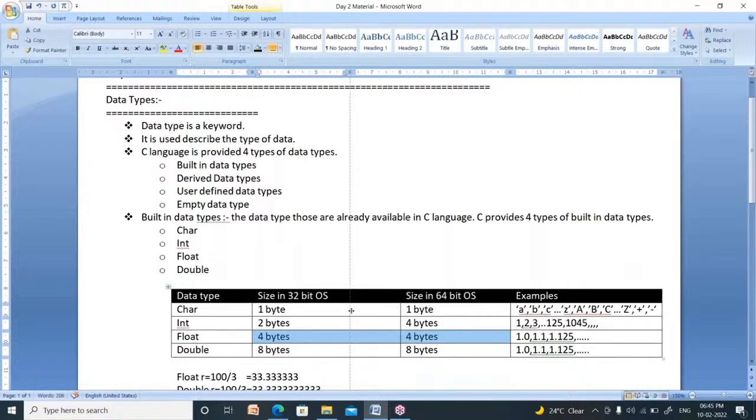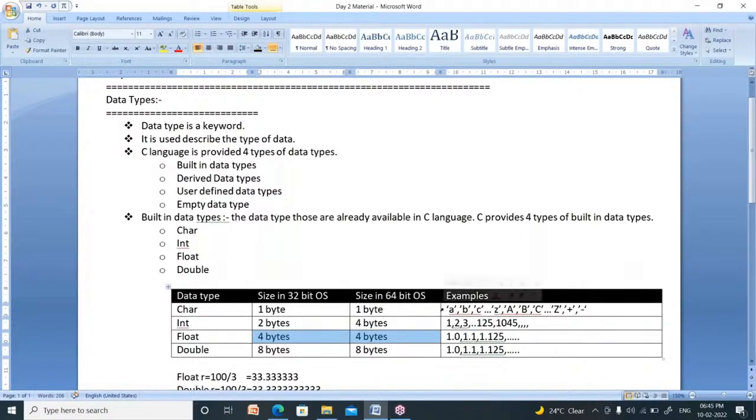Now, what are the examples of character? Characters are nothing but alphabets, small a to small z, capital A to capital Z, and special symbols: plus, minus, into, by, percentage symbol, less than, greater than, equal to, not equal to. All these are known as characters. How to understand whether it is a character or not? That should be represented within single quotation. Characters are always represented within single quotation. So we have to remember that.